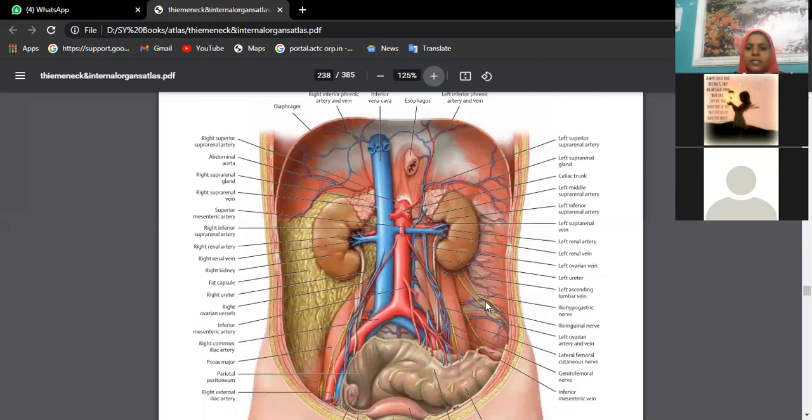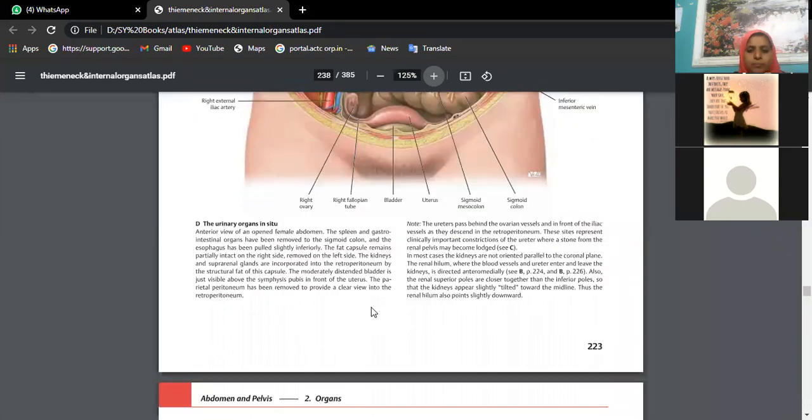Once you clear this fat, you will see these muscles P, Q, and T: psoas major, quadratus lumborum, and transversus abdominis. In the midline structures, we have our abdominal aorta and inferior vena cava. The abdominal aorta has three unpaired blood vessels. What are those? Celiac trunk, superior mesenteric artery, and inferior mesenteric artery, which are the arteries of foregut, midgut, and hindgut. And this abdominal aorta bifurcates into right and left common iliac arteries. So that you observe.